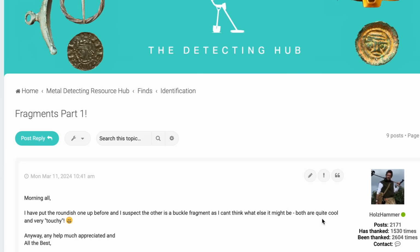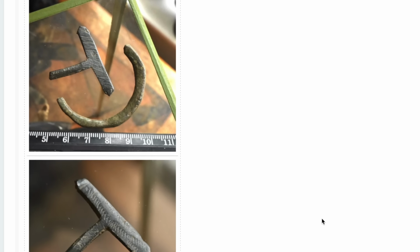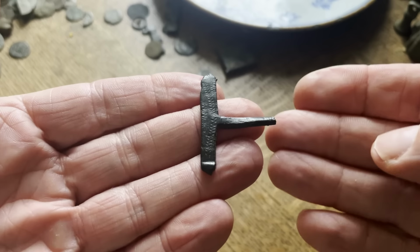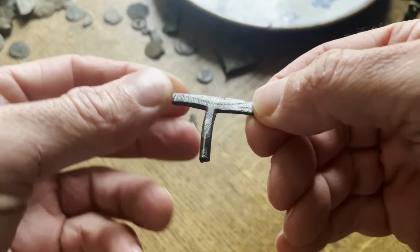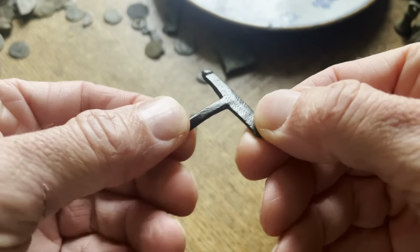Kath, one of the leaders of the hub, got back to me very quickly and said it's got to be medieval because with that zigzagging it can't really be anything else. It's just, what is it? I suspect it must be a buckle because, like all sorts of things we find metal detecting, you've got to slightly think, well, what else could that be? It's got a smaller sort of crossing section there, which I suspect is where a pin might have been,